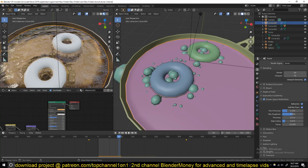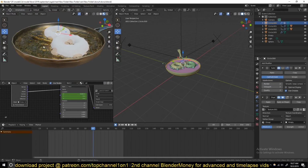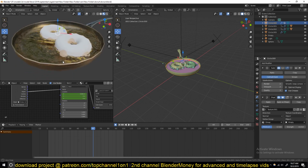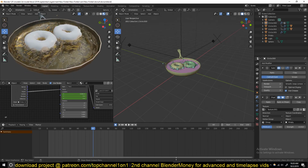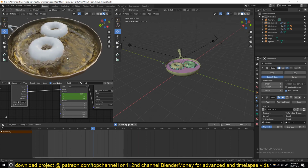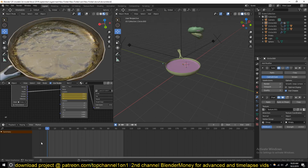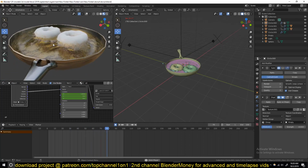Anyway, I'll be posting a time lapse of creating this original version on my second channel, Blender Money, so that you can examine all the steps I took to achieve this, because sometimes you forget the right settings you use. It's always a lot of experimenting. So yeah, I think the ripples here came out a little bit better than,